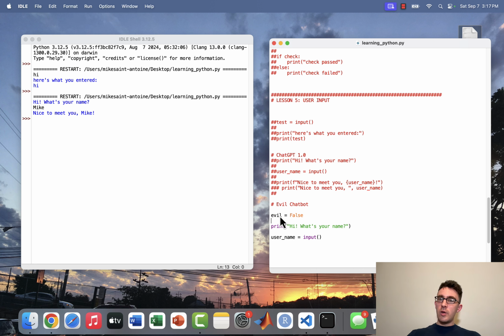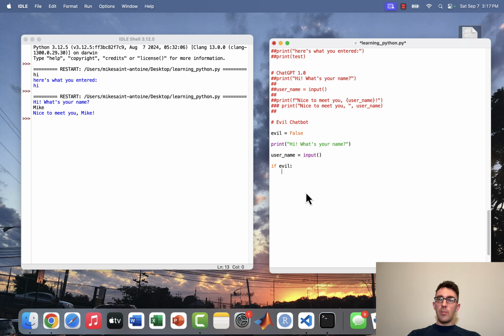So okay, evil equals false, print hi, what's your name, have the user enter the name, and then I'm going to say okay, if evil, and remember evil is just true or false, so this is a valid if statement. If evil is false, then it will not do whatever's in this code block. But if evil is true, then it will do whatever's in this code block. So if evil, like if this is true,